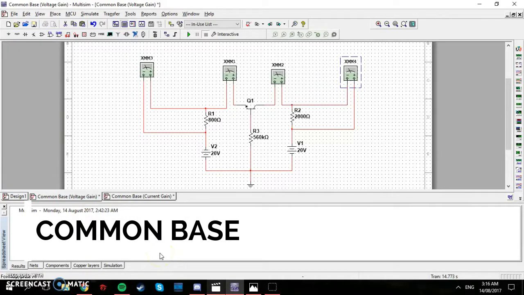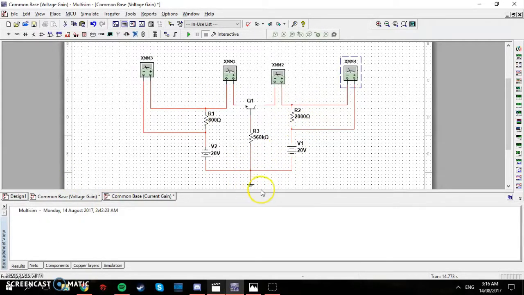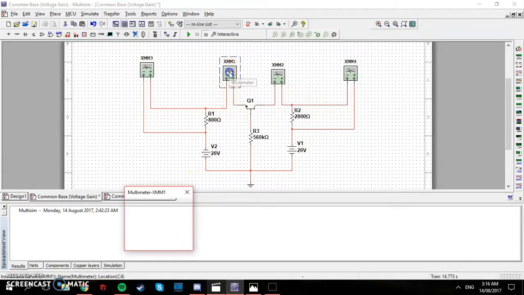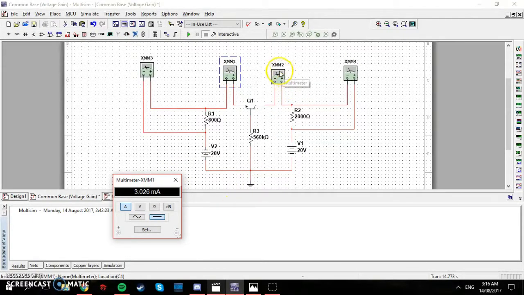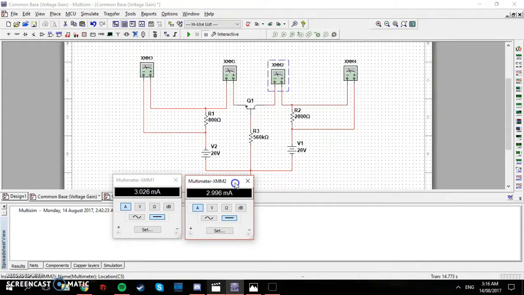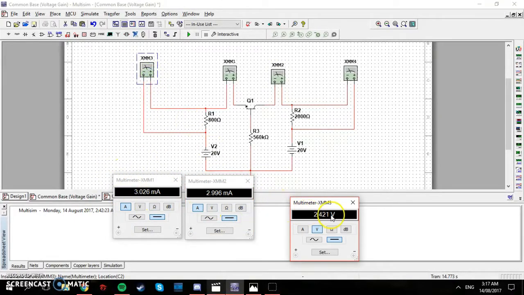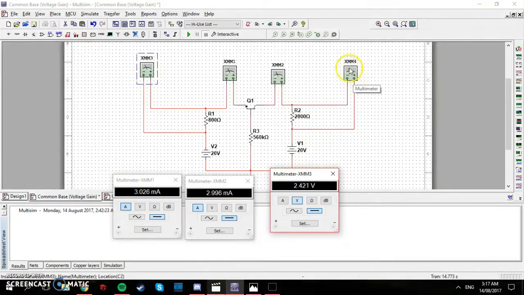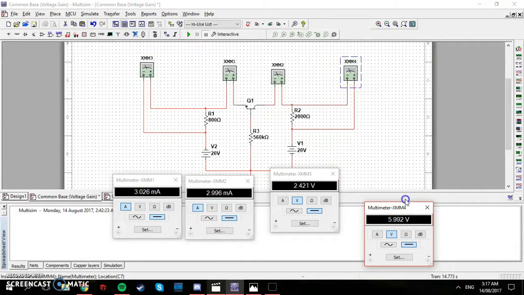So first off is a common base BJT. Remember that the base is grounded, the input is in the emitter, and the output is in the collector. Now in a common base, the current gain should be around 1 or 0.99, and here you can have a current gain of 0.99. And here's the voltage input, and here's the voltage output, and you can see that there